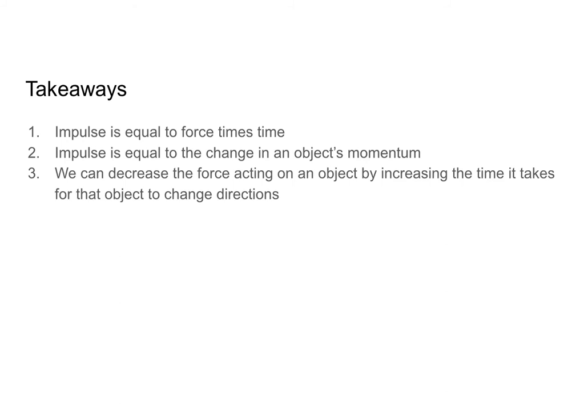So let's go ahead and talk takeaways. First of all, impulse is equal to force times time, and it is also equal to the change in an object's momentum. And finally, we can decrease the force acting on an object by increasing the time it takes for that object to change directions. So this is really important when we talk about safety, right? So if we look at our J is equal to force times time, and therefore our change in momentum is equal to force times time,